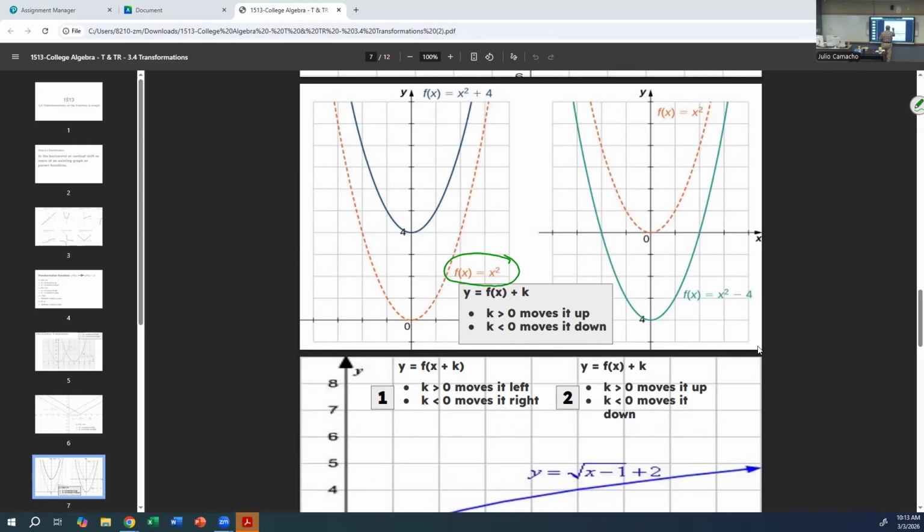That is equal to say y is equal to x to the second power. That is the parent, and the vertex is (0, 0). And also that is the parent function. Same thing, y is equal to